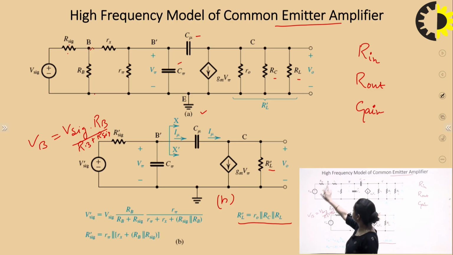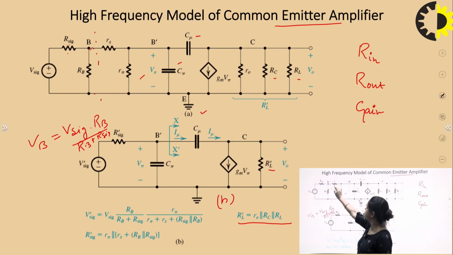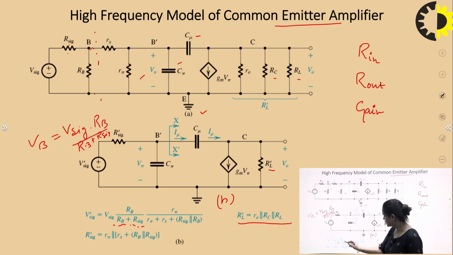Now come to this part. Now this circuit is simplified up to this point. Now calculate here, because this is the same scenario, Rx and R pi. So again you can apply another voltage divider. When we apply another voltage divider, this term will remain the same, because this represents the VB voltage. So this voltage is multiplied by R pi divided by R pi plus Rx, and the resistance which is already at this node. These two are in series. So let's see what will be the value.